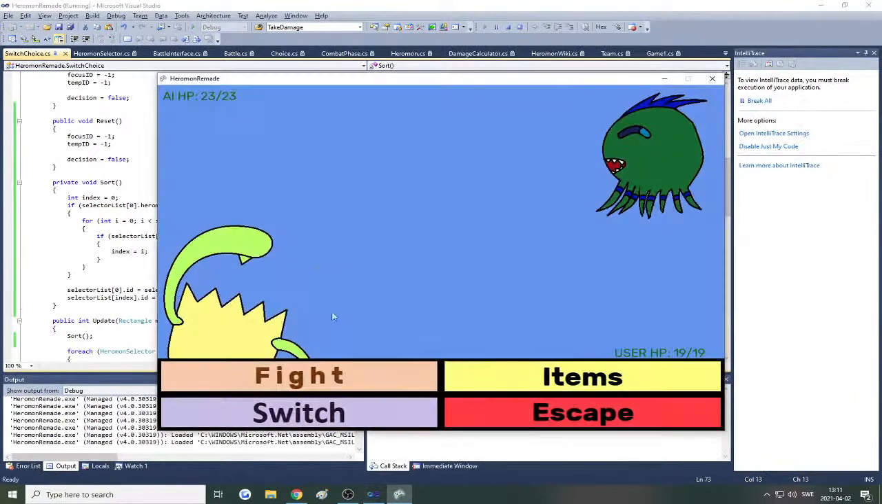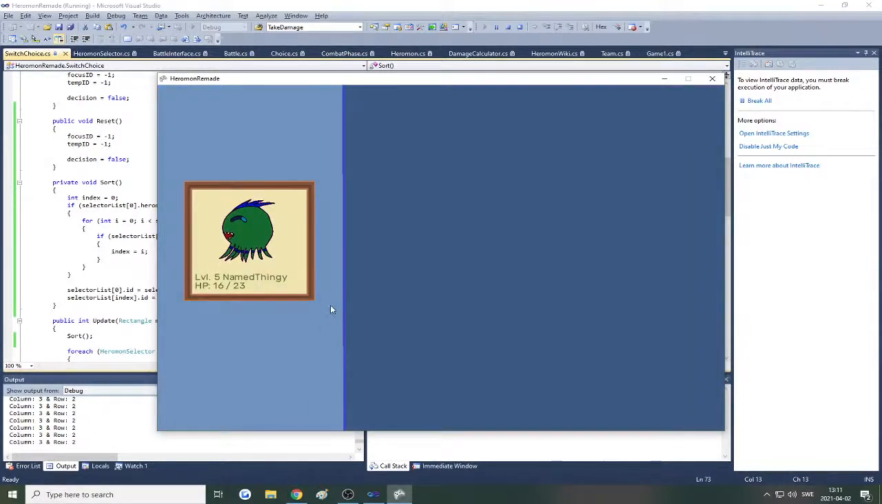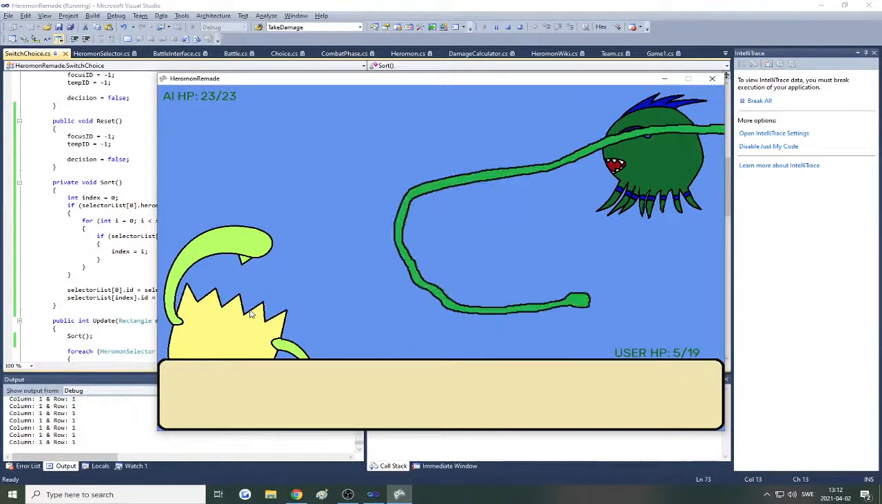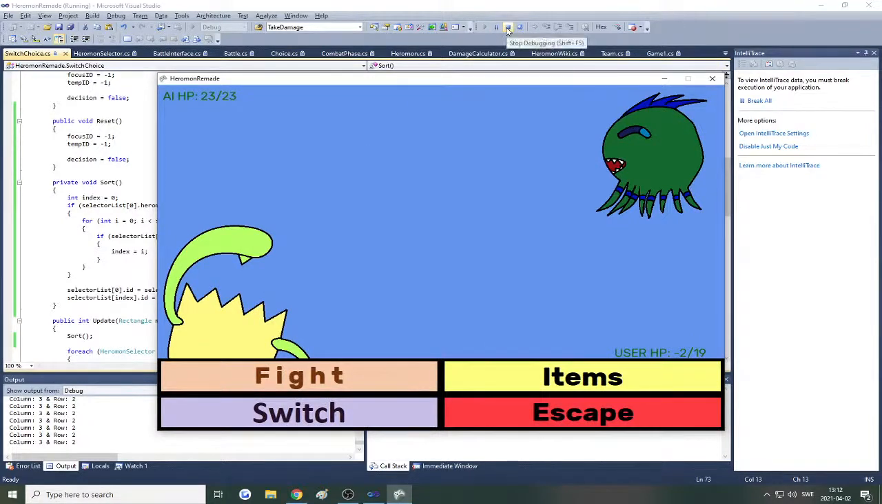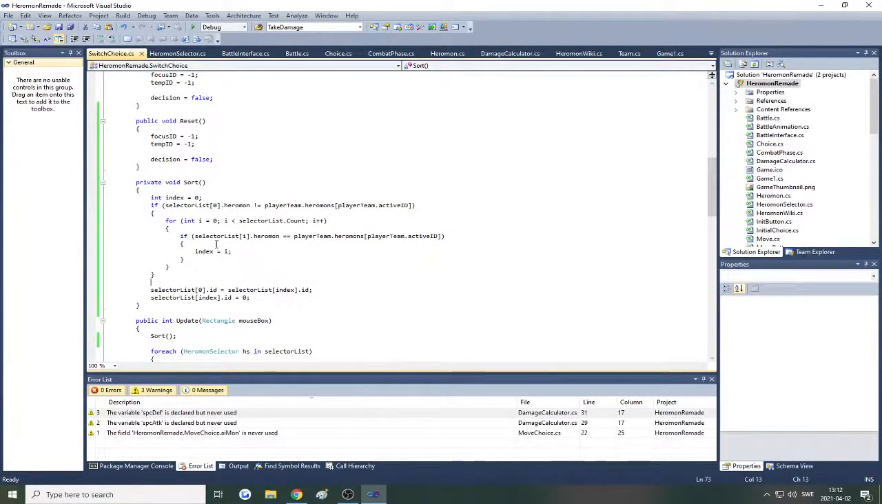Okay. Switch. It actually looked like it worked for a second, but no. I need to loop again. If selector list at 0 isn't active ID,